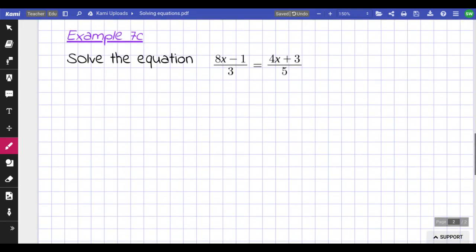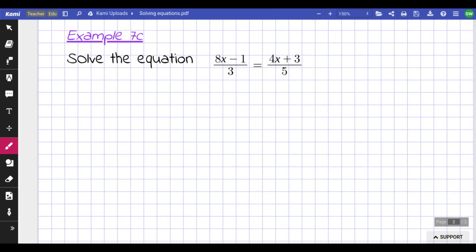Now just one more equation of this style to do, slightly different looking one here, where we have a fraction on either side of the equal sign. And to get rid of the denominators here, what we want to do is multiply by 3 to get rid of the denominator of 3, but also multiply by 5 to get rid of the denominator of 5. So actually what we're doing is an overall